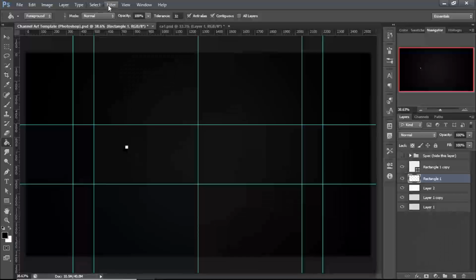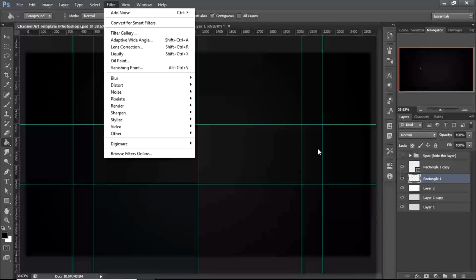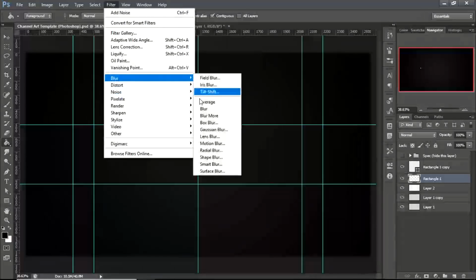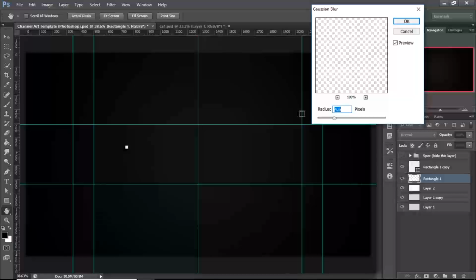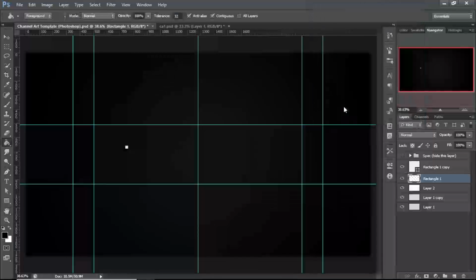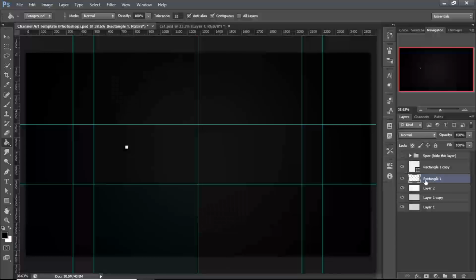I'm going to go to Filter again with that layer still selected, Blur, and I'm going to blur it a little bit. I'm going to give it a Gaussian blur. So you'll see, if you're doing this with me, that it has now a softer edge, and that's what we want. So with that soft edge, if you're happy with that, you can now just